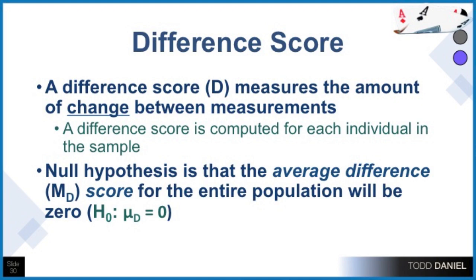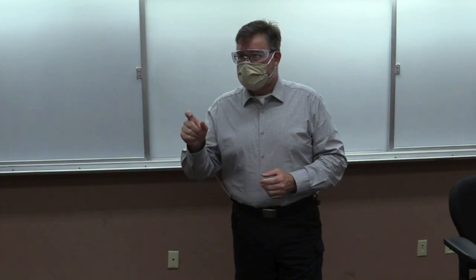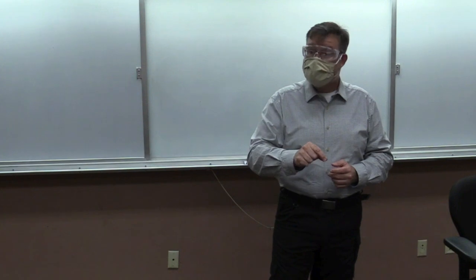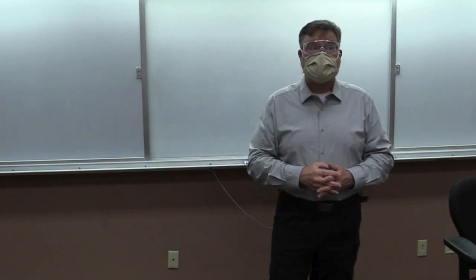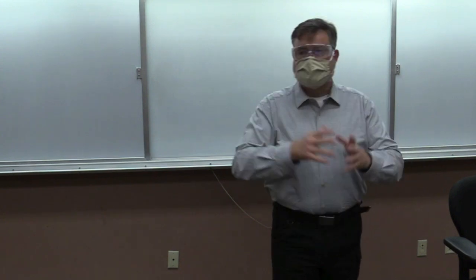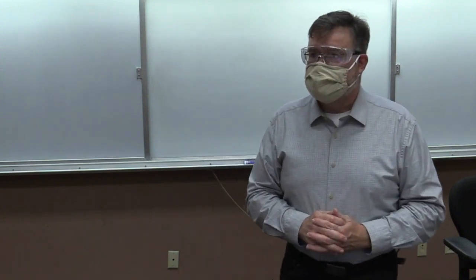Therefore, with our null hypothesis, we could use the same old mu1 equals mu2, mu before equals mu after. But another way you will see this written is mu sub d equals 0, the mean of the difference. Sometimes you will see examples where the researcher will create that difference score and then test that difference score, as opposed to the way that I'm showing you, which is we have the pre and post and we're dropping both of those into the same model. So just different ways of approaching this type of test.